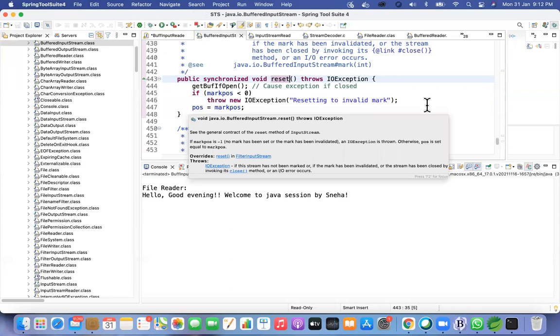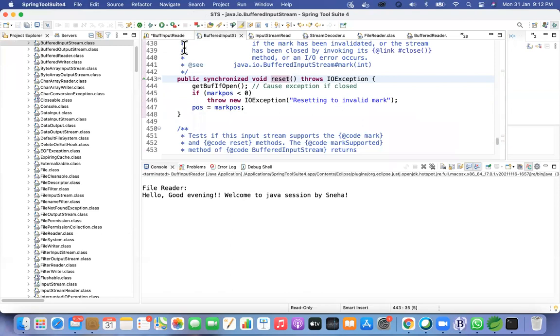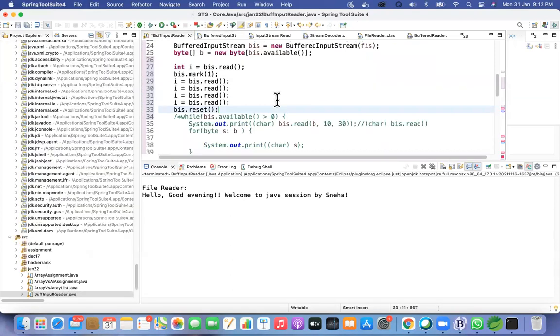Can you execute this now? You can just set the mark value to 100 also, or 10, some higher value. We'll see what is happening, because 1 may not help you to know the difference. So you're not printing anything, right? No, we are not printing it. It will help you to see how the data is read.